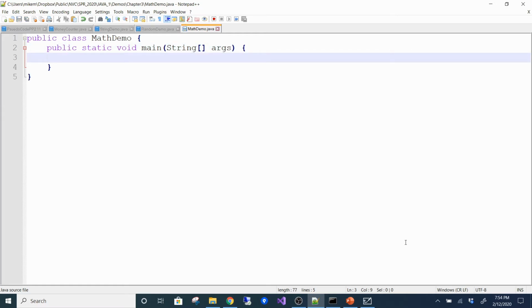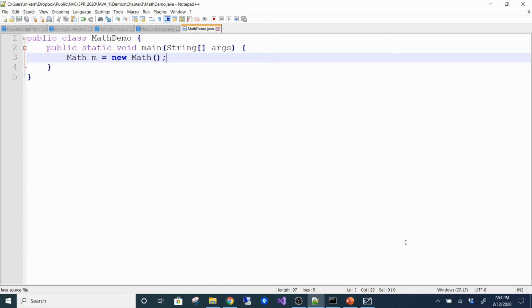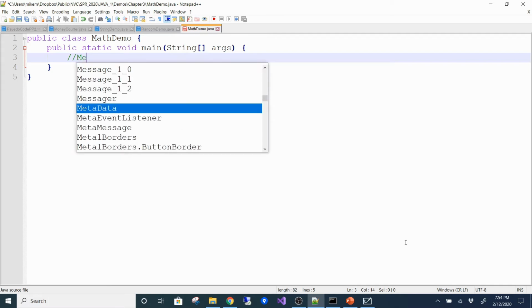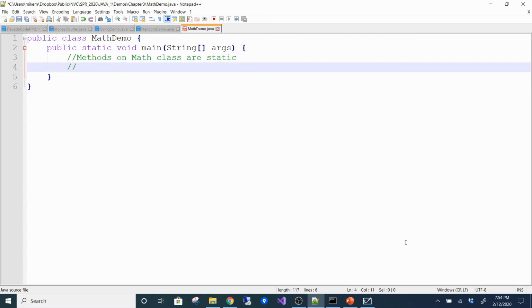Okay, so in the math class, you don't actually have to instantiate an object of that class. All the methods on the math class are static. That's something else that you need to know, and it's very important. When I say the methods on the math class are static, what that means is methods are invoked